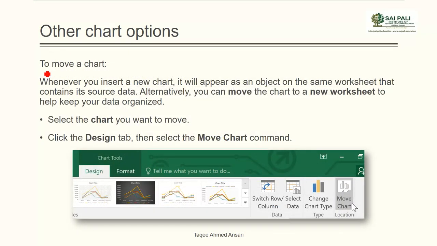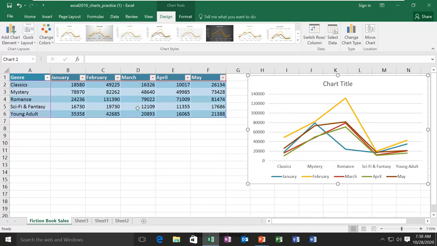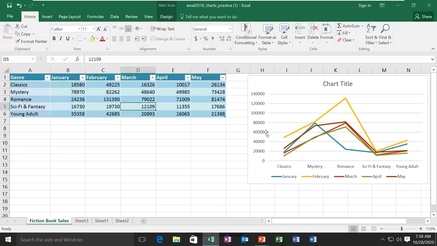Then if you want to move your chart, you can move it to a different worksheet in the same workbook. When you add the chart, by default it appears in the same sheet where the source data is. If you see, our source data is here and our chart is also here. But suppose I want the chart in a new sheet, I can move it to a new sheet.